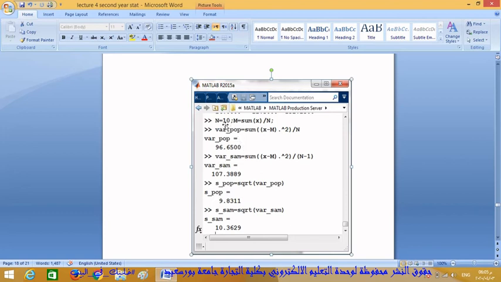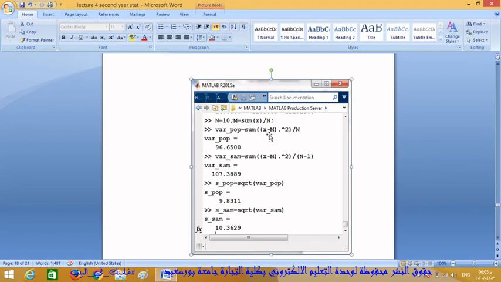N equals 10 and the M equals sum of X divided by N. So instead of computing by hand or by calculator, get the summation of X and divide by N. This is the mean for population. The variance for population equals sum of X minus M dot hat 2, meaning squared, divided by N. Okay,